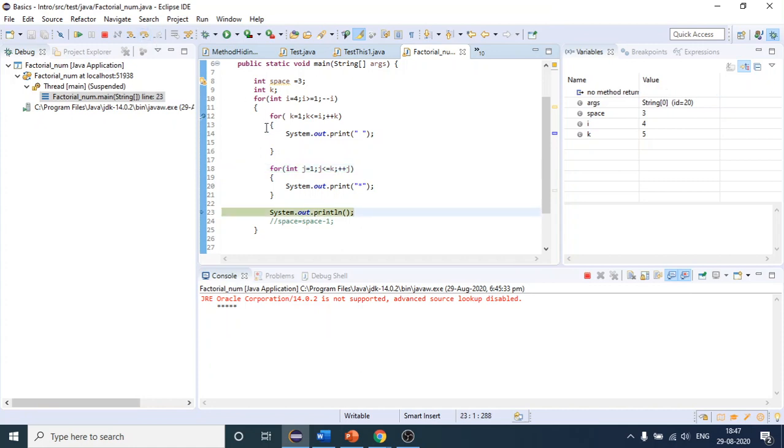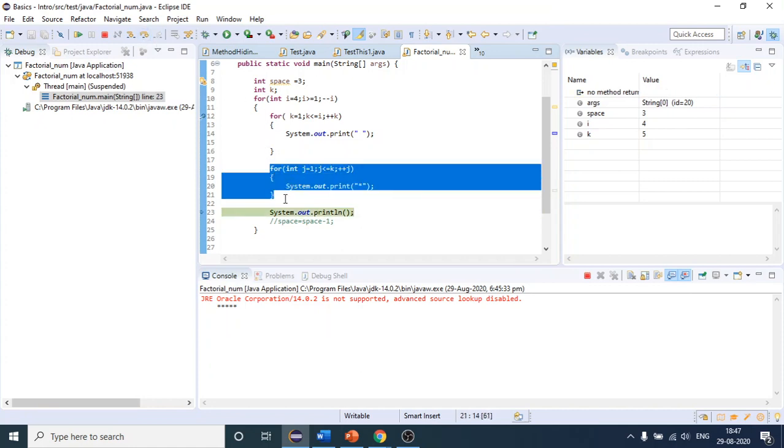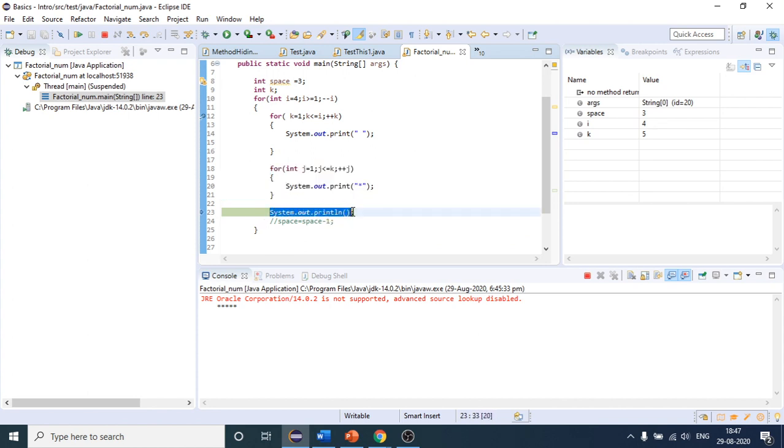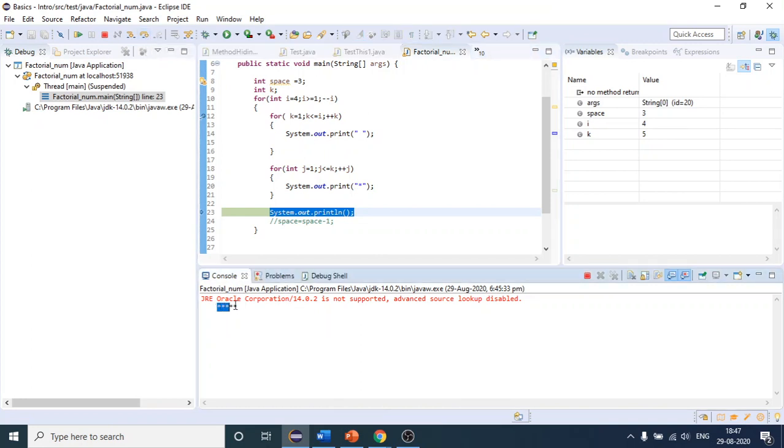After 5 executions, the condition will become false and this statement will come. After I execute this statement, our cursor is here, after this star. After we change the line, the cursor will again start from the very beginning. So I am changing the line here.